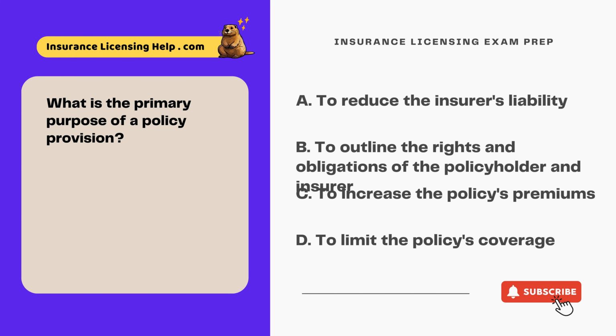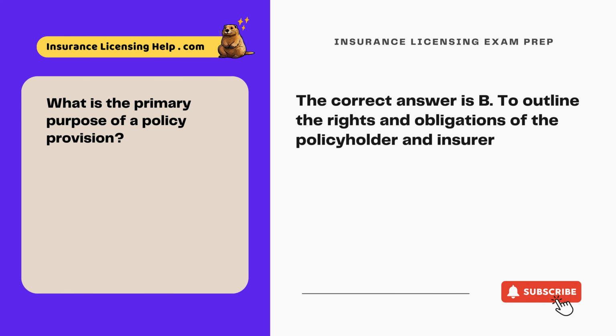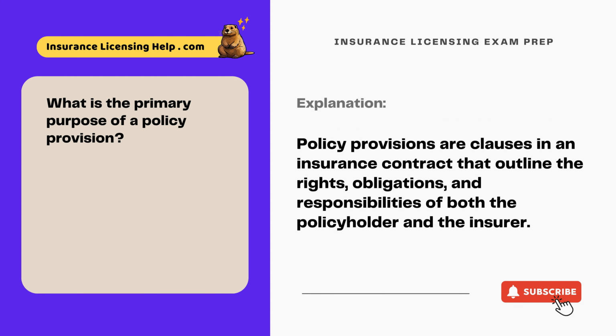What is the primary purpose of a policy provision? A. To reduce the insurer's liability. B. To outline the rights and obligations of the policyholder and insurer. C. To increase the policy's premiums. D. To limit the policy's coverage. The correct answer is B. To outline the rights and obligations of the policyholder and insurer. Policy provisions are clauses in an insurance contract that outline the rights, obligations, and responsibilities of both the policyholder and